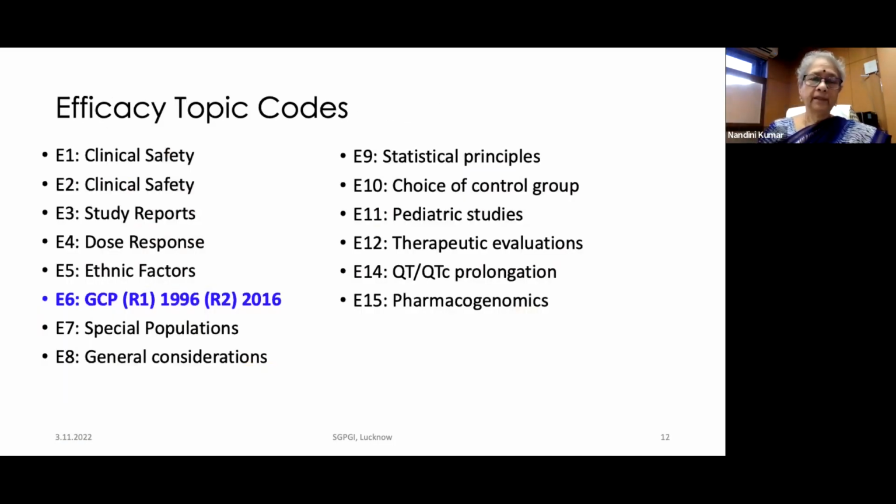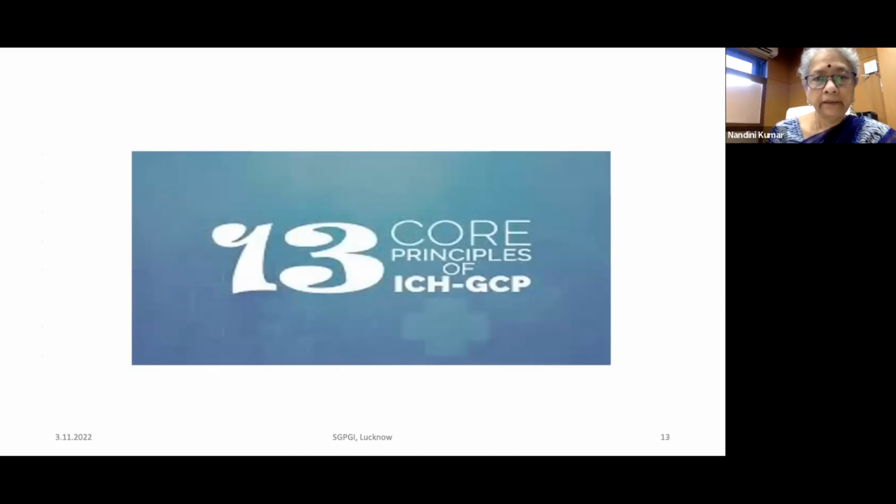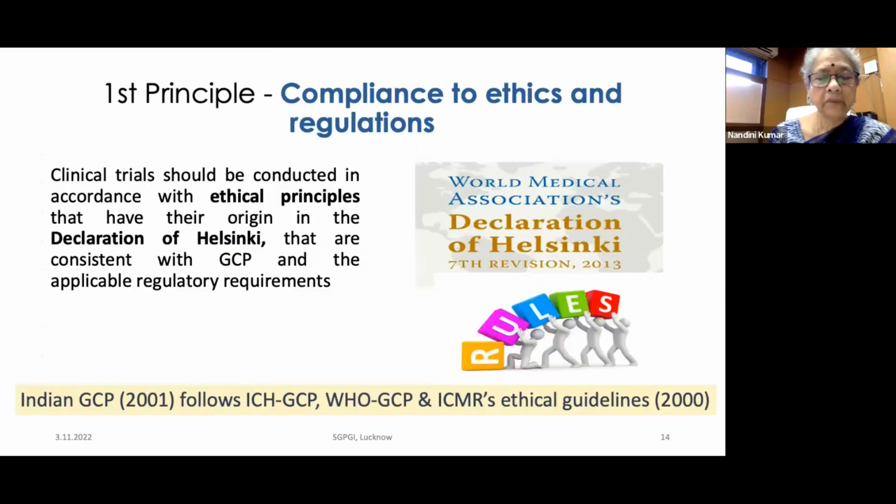Each one in QSEM is a major category. In each category, you have topic codes. We will just concentrate on efficacy, and here we'll talk only about E6, which pertains to good clinical practice. The one which got released in 1996 is R1, and 2016 is R2. When it was released in 96, there were 13 core principles described, which stay the same even now. What are they? First is about